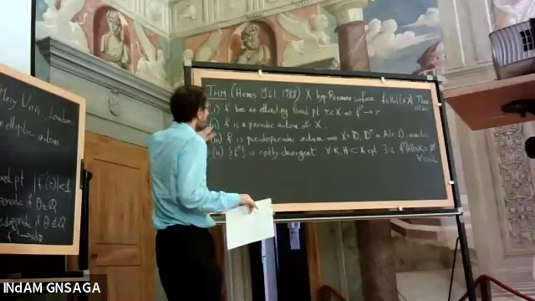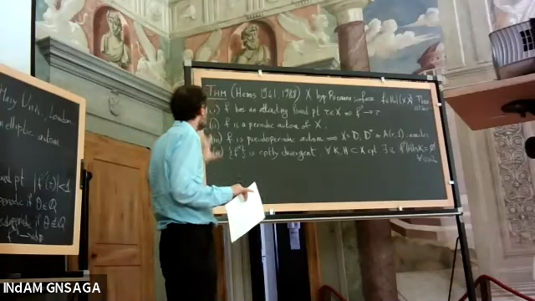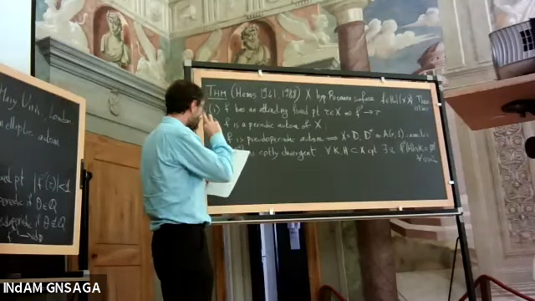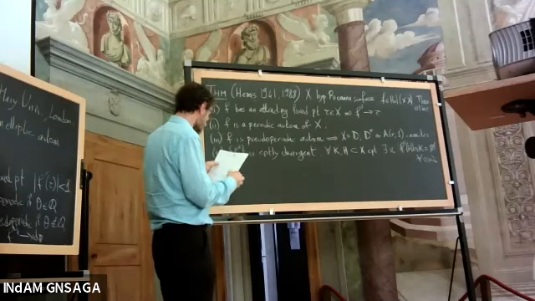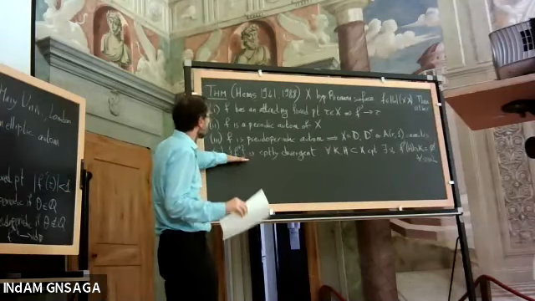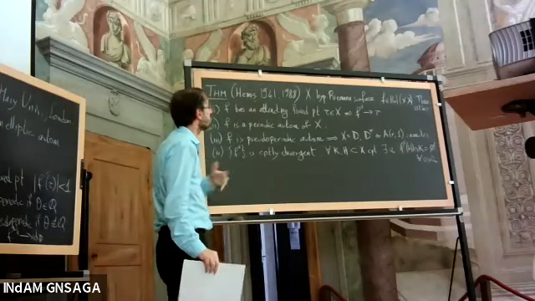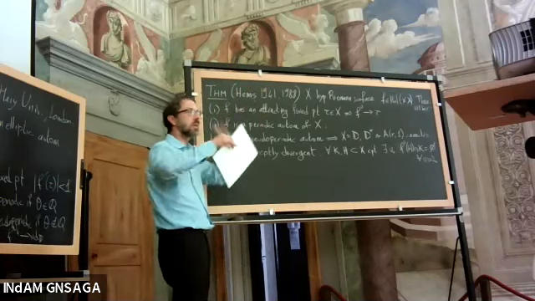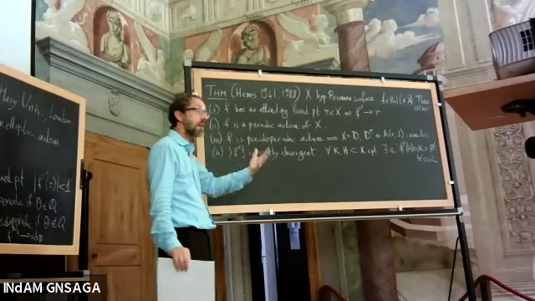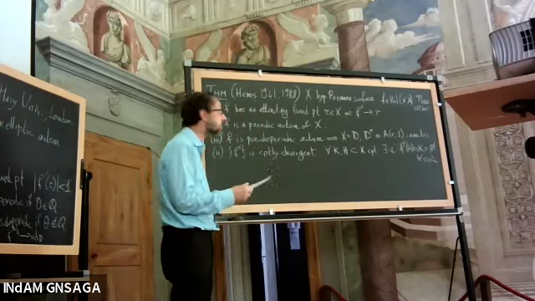Actually, this statement here is not very difficult, not completely trivial. It needs some work, but it's not really deep. The biggest part is this: we can say something more when our hyperbolic Riemann surface, instead of being just an abstract Riemann surface, is actually inside a larger Riemann surface, so we have a boundary.